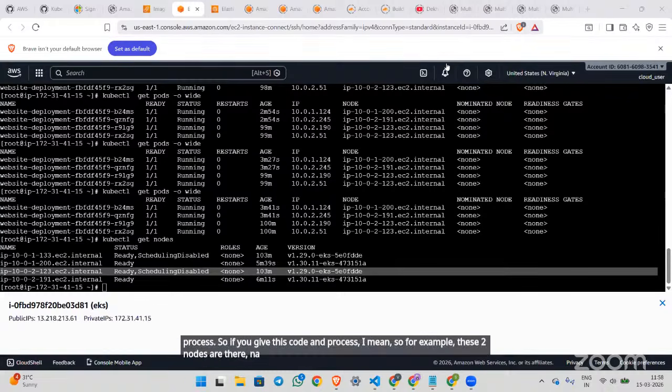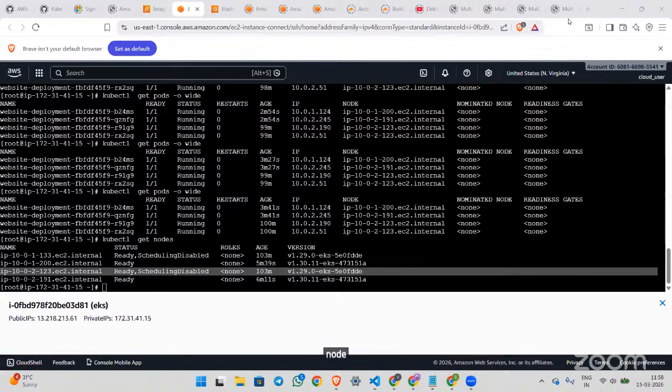If I run kubectl cordon node name, it won't allow any pod deployment on this node as it is going to be upgraded. So it will not allow.